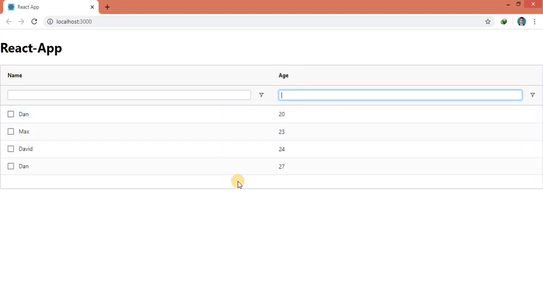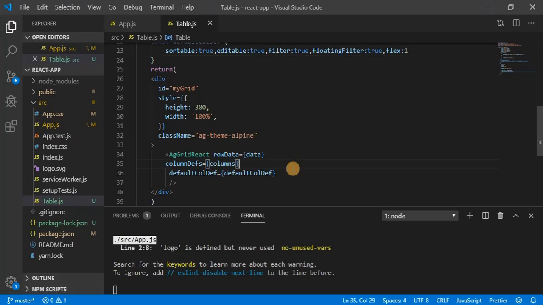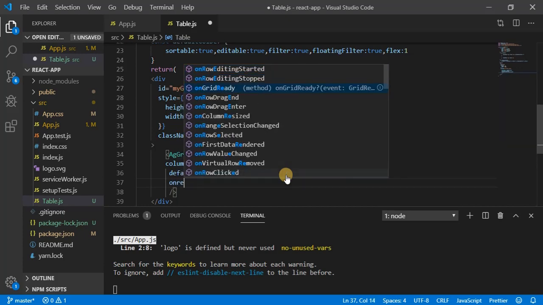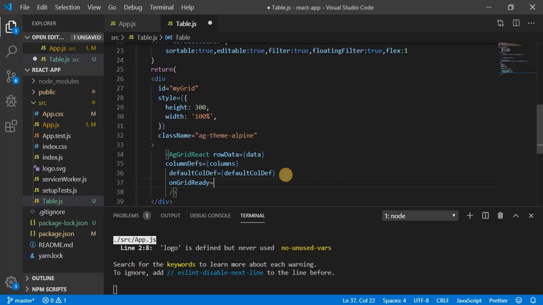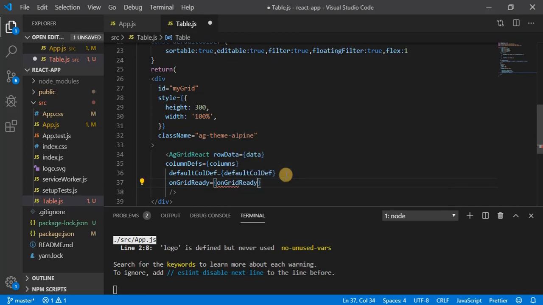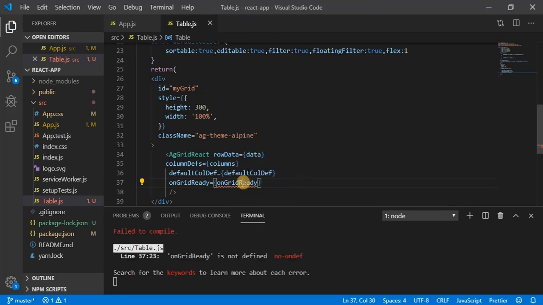Now what we wanted to add is one export button. On click of that, I can download the data. For that, I need to add one more property here, that is called onGridReady. It's going to take a function, so I will name it onGridReady. I need to create this function, so let's create it here.